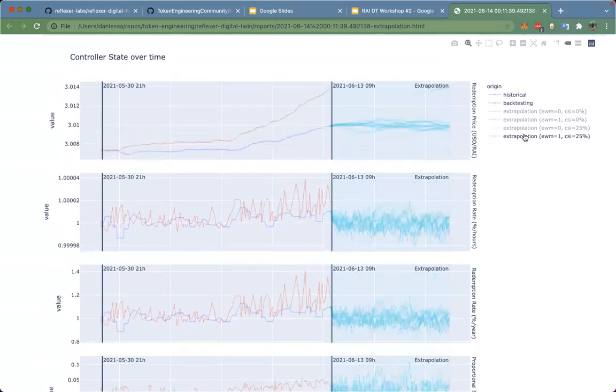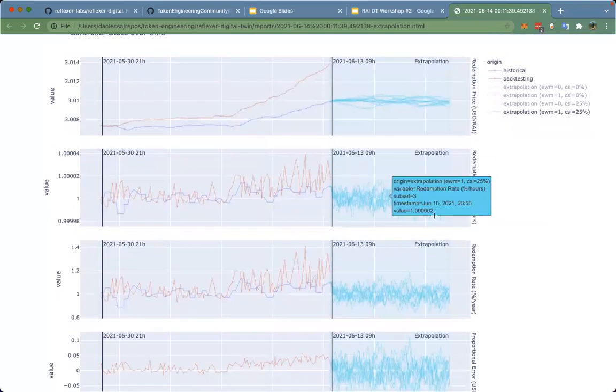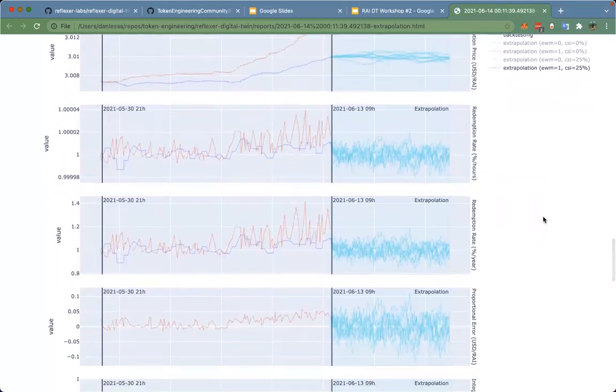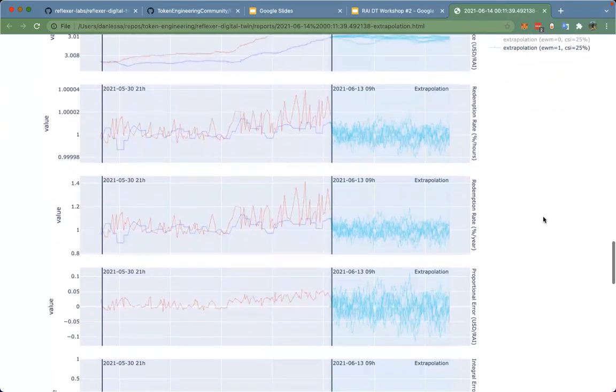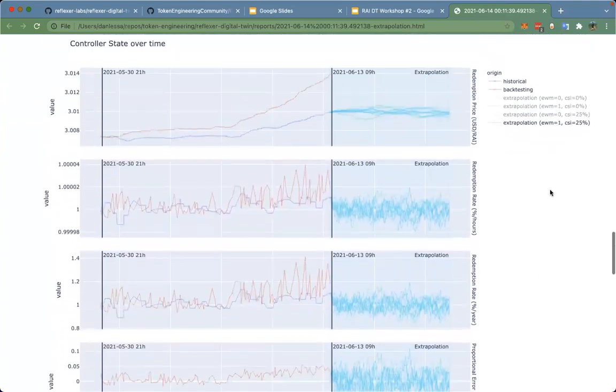So on the scenario here where we use both behavioral models, the model believes it's going to keep the redemption price the same, and that the redemption rate is probably going to be around 1. It's not going to be positive or negative. And the proportional error will simply bounce around.